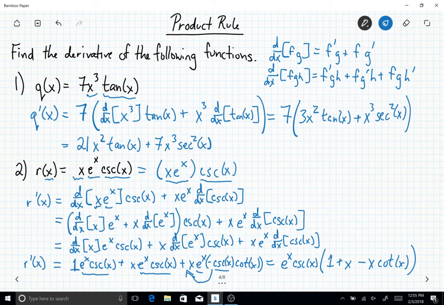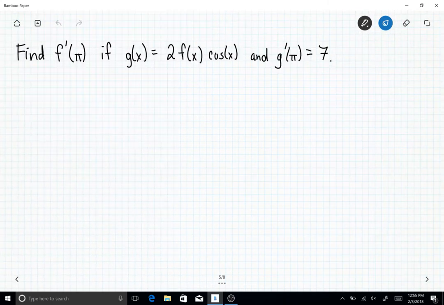Okay, so that's the product rule, giving you a grip on that and how we can extend it even further. One other thing, you can go even more abstract if you have functions in general. So say we wanted to find f prime of pi if g of x equals 2f of x cosine x and g prime of pi equals 7. Well, in order to do these types of problems, notice you see a prime involved,